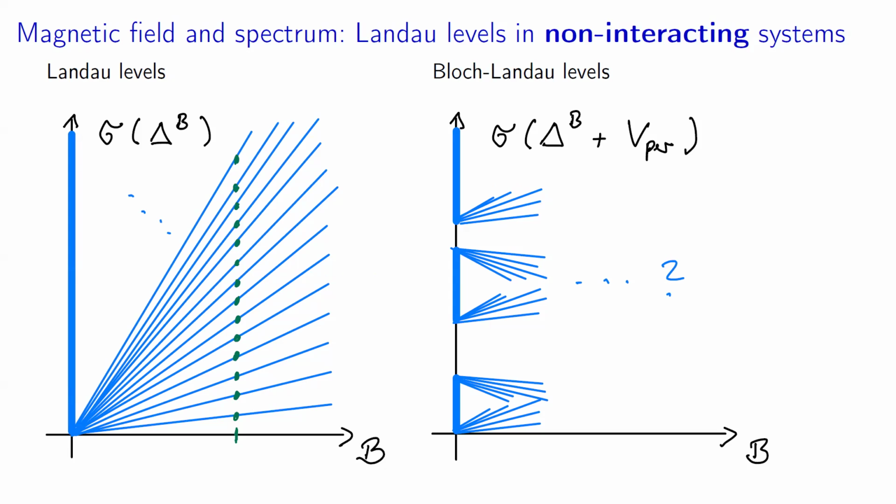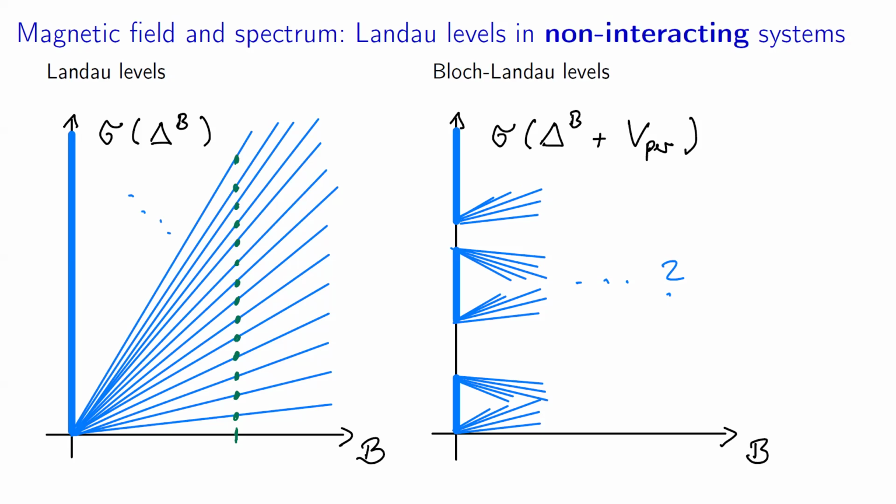It's a single particle in an infinitely extended plane with a perpendicular magnetic field. At zero field, this is just the spectrum of the Laplacian, the positive half line. But if you have a non-vanishing B field, you get discrete eigenvalues,